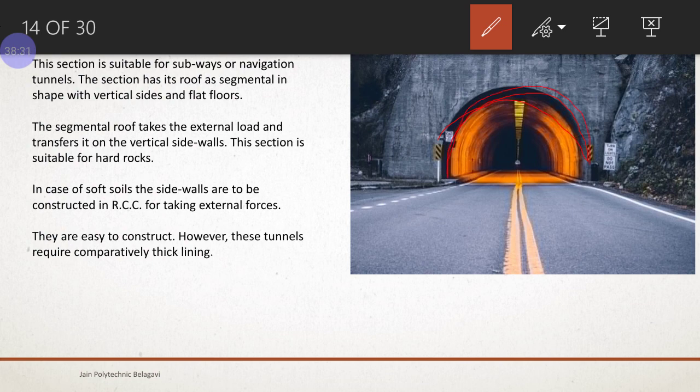Lining is done to provide a proper shape and an impervious layer, so that there is no falling of soil or water percolating into the tunnels during the service conditions. The stones or rocks should not fall into the tunnels. For that purpose, this lining is provided as a protective layer. This can be provided in both soft soils as well as hard soils.